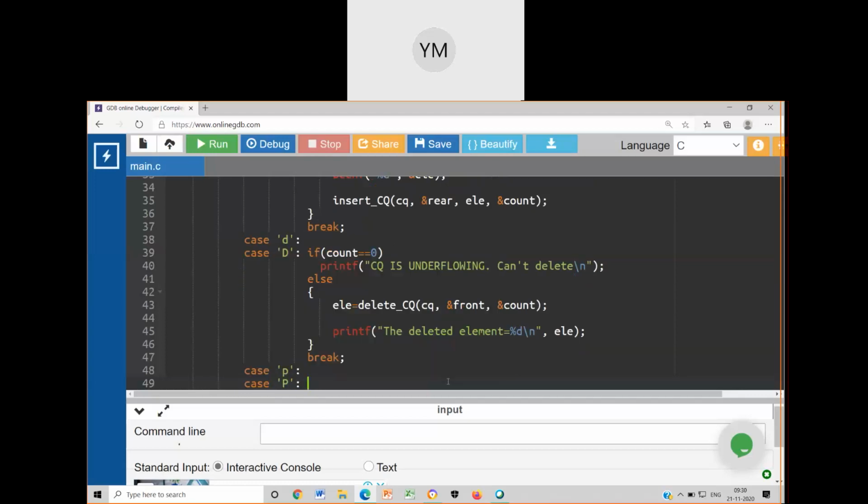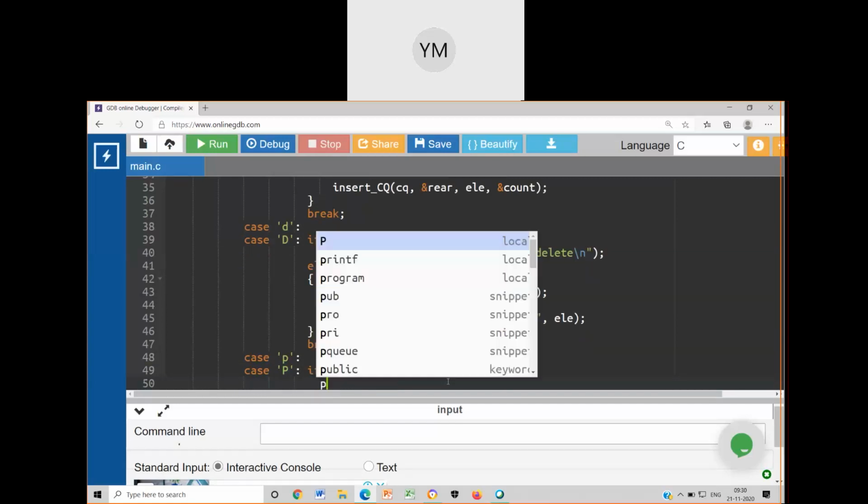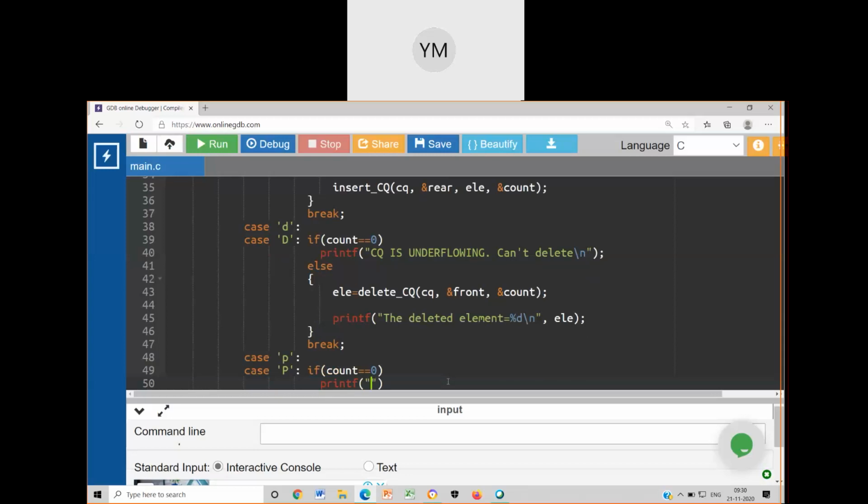In both of these cases, if count at any point in time equal to 0, then I'll write printf CQ empty, can't display.